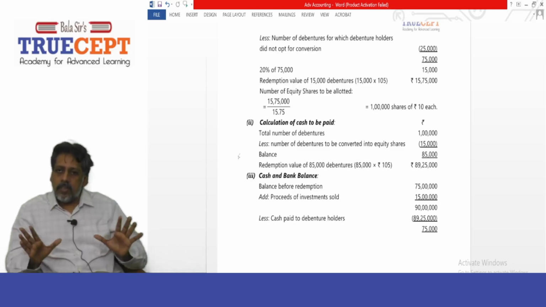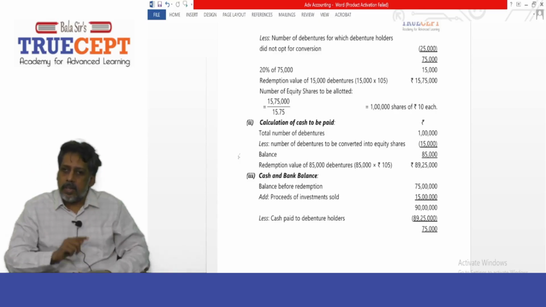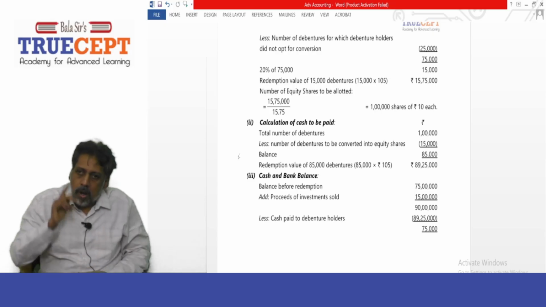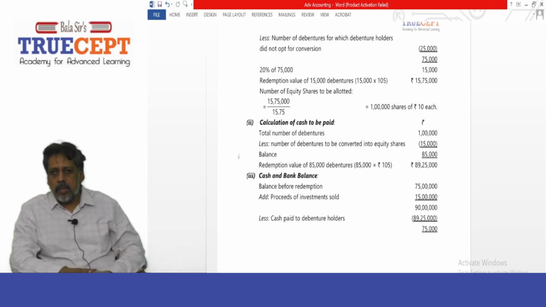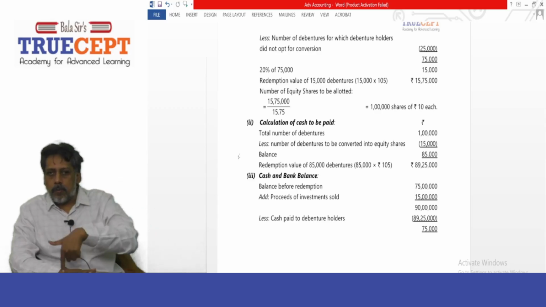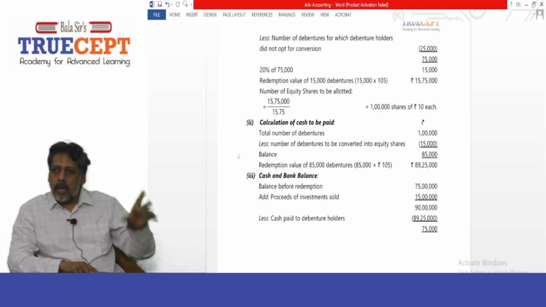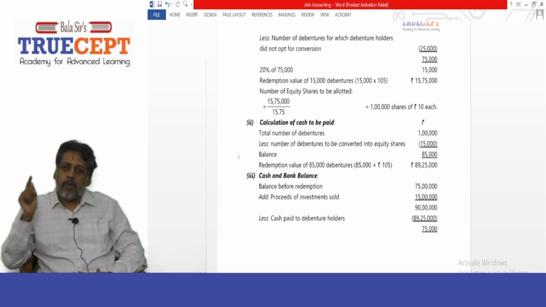That means the balance 85,000 debentures are to be paid in cash. The holders of 85,000 debentures will be paid in cash. On 85,000 debentures, you have to pay rupees 105. In all, it is 89 lakh and 25,000 is the amount you have to pay in